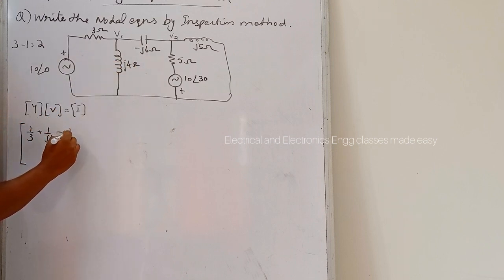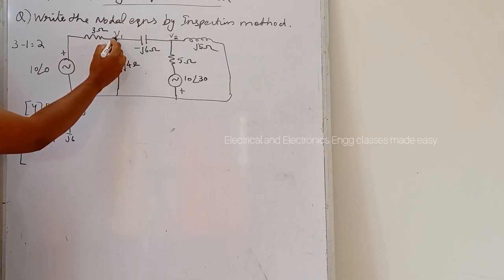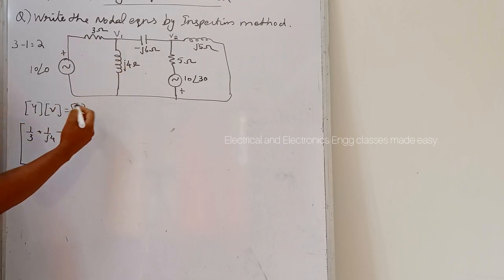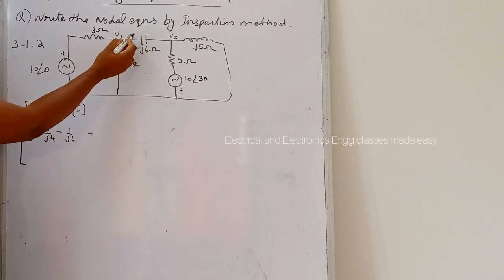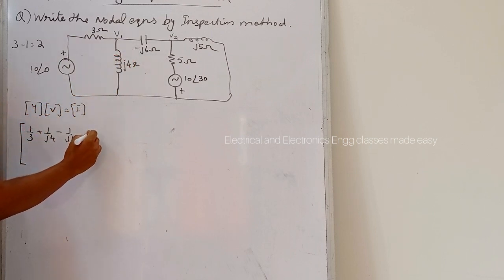So these three are the self conductances. Then Y12 means the mutual conductance connected between nodes 1 and 2, and negative of that we have to take. So negative of the reciprocal of this one, that is here also minus 1, so we can write plus 1 by j6,